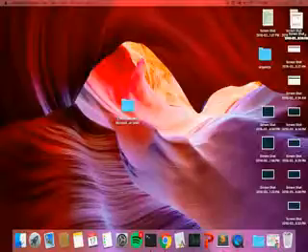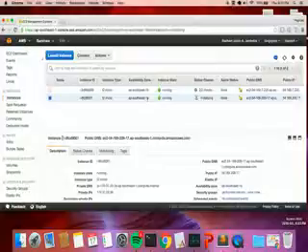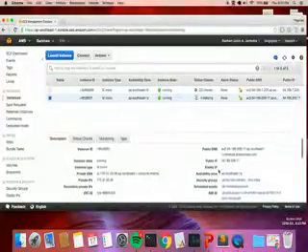So let us begin by showing our EC2 instance. So I've launched here two instances. This is the one that we would use. So we would get the public IP,